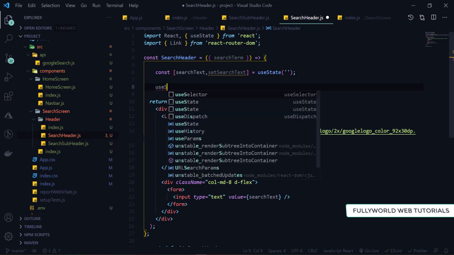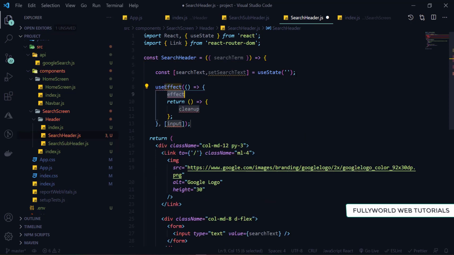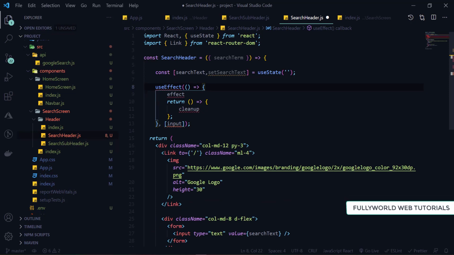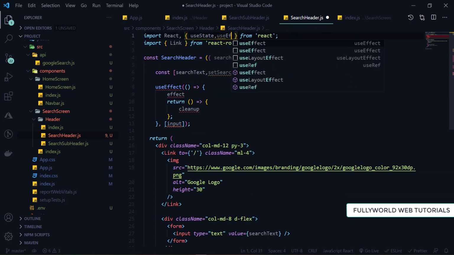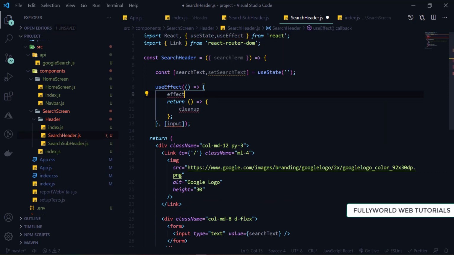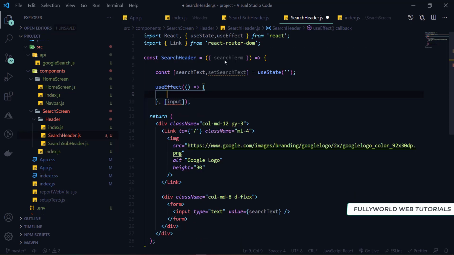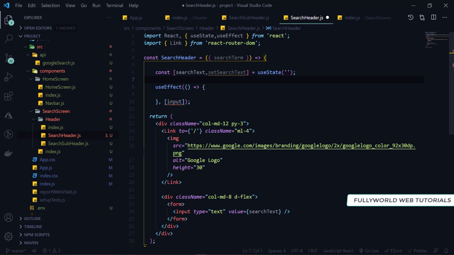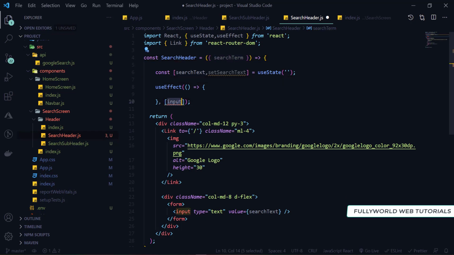So I'm going to copy this, I'm going to write search term, and here I'm going to set our search text to search term.